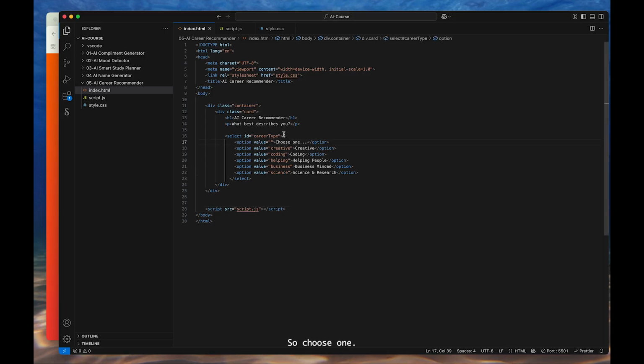So choose one. Of course we want it not to be selected, so that's why we left the value empty. And then we need a button here, and the ID will be recommend button, and here we can say find